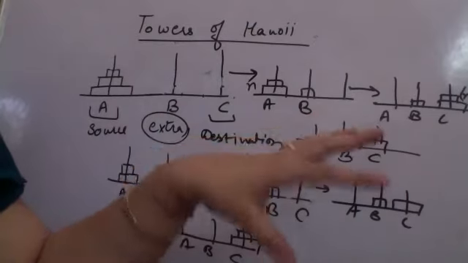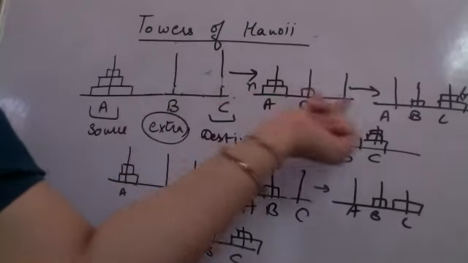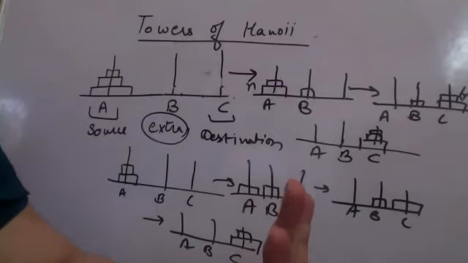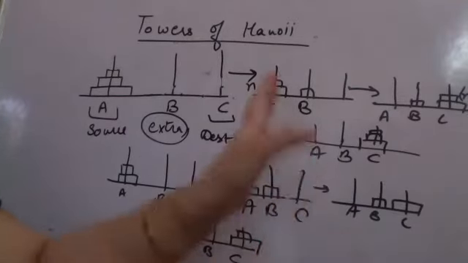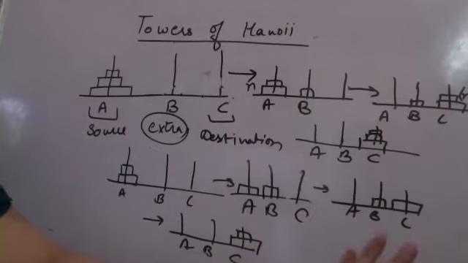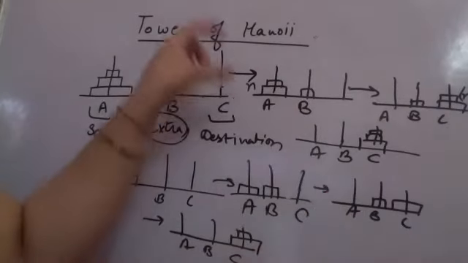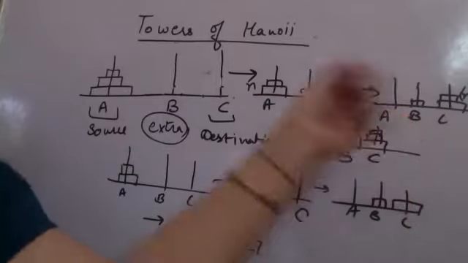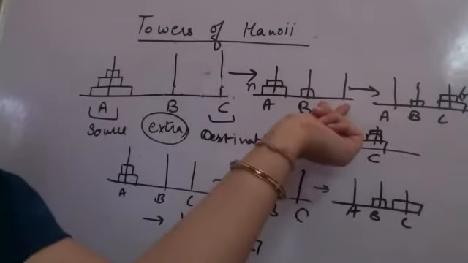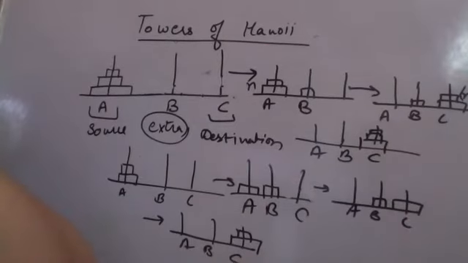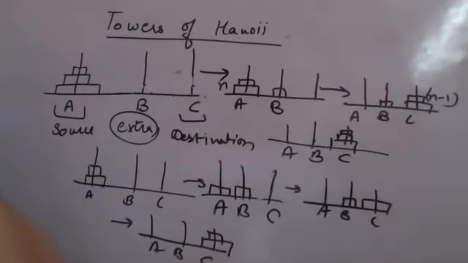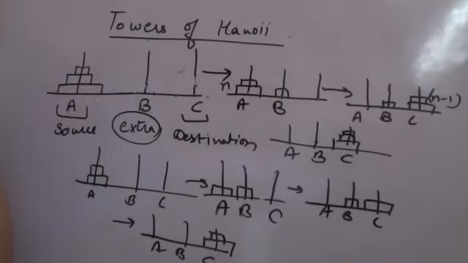So understand, shifting of n-1 from A to C will not happen on its own. So this will not happen on its own. What we are doing is that the same problem of shifting now from A to C has been reduced to a problem of size n-1. n की जगह n-1 size की problem हो गई है, and recursively we will be doing that.